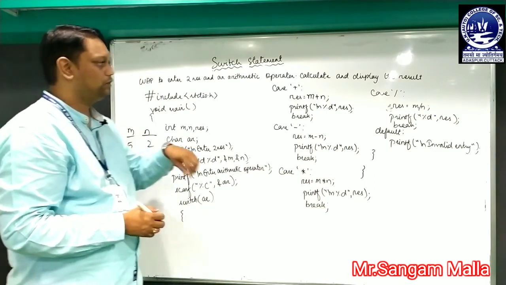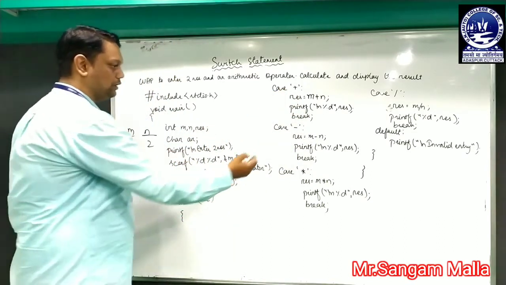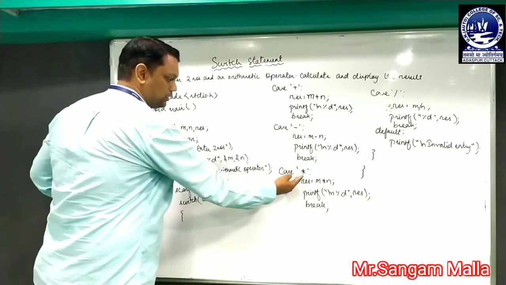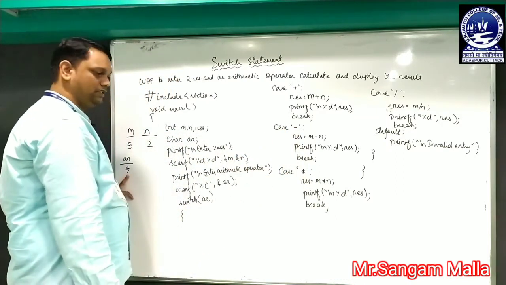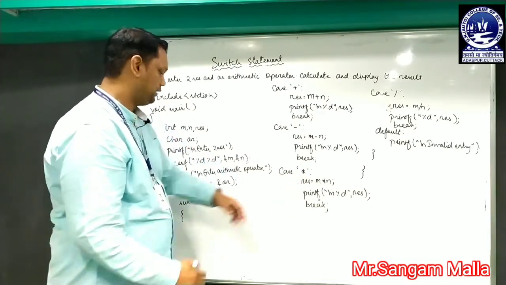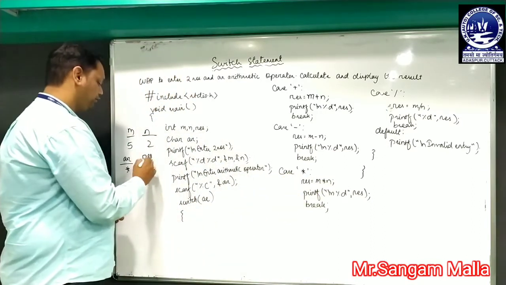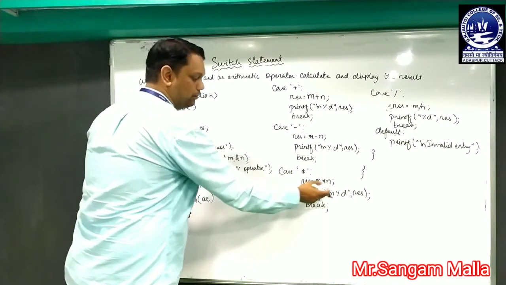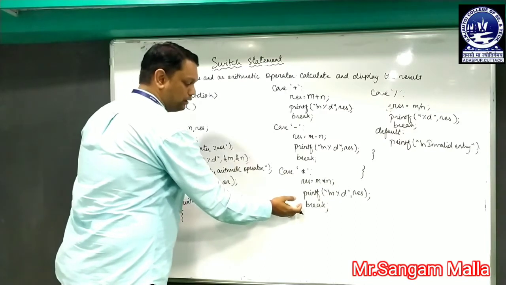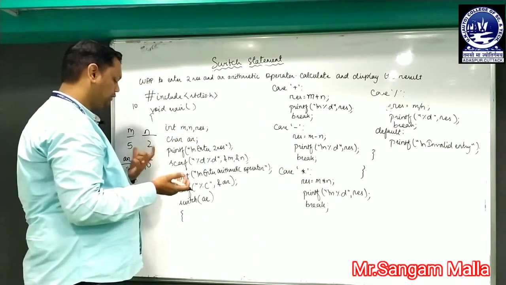So AR is having the asterisk symbol. Now it will first check whether this character is similar to this character. No. Now it will check this character. Is this character equal to this character? No. Now it will check the third character. Is this character equal to this character? Yes, true. That means the character has been matched. Now it will move to res. So result will have m into n. So 5 into 2 is 10 and it will print the value of res. That means it will print the value 10. And after executing the break statement, it will come out from the switch statement. That means we have got the result.